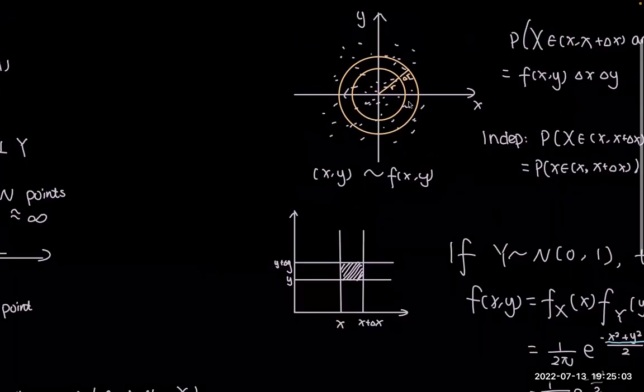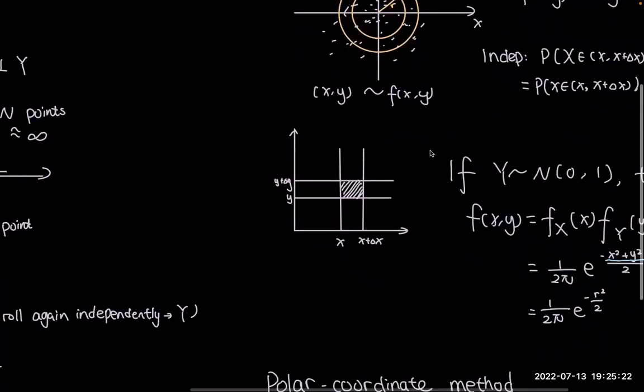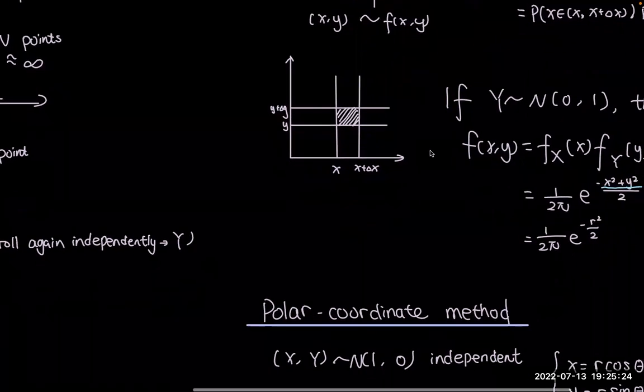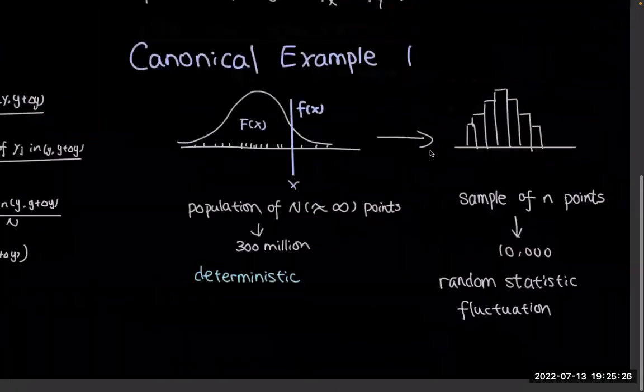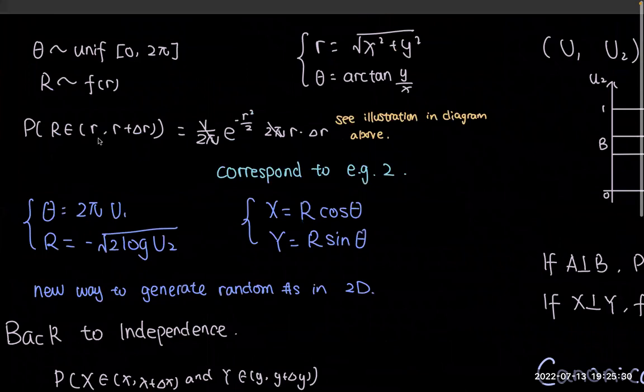And then the probability of this ring would be the density of this ring times the area of this ring. So the area of this ring is the length of this circle, which is 2 pi times r, times the height, which is delta r. Okay, so therefore, we can calculate this probability that r is in this small range,